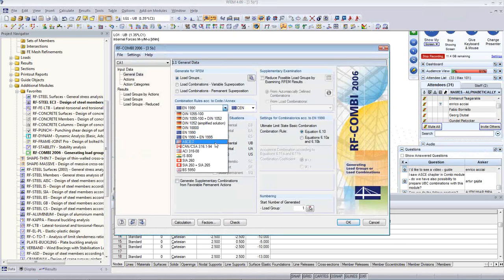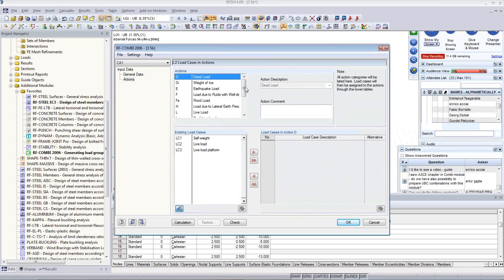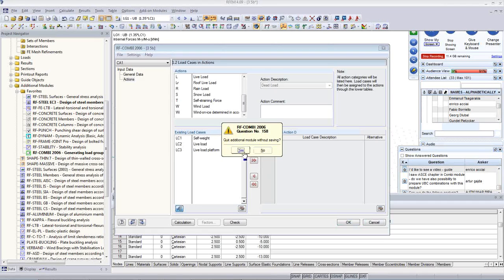And here you can use the AISC 7 combination rules that are mostly the basis of all the AISC design, and things change then, and you have different actions as they are in this code. And if you should not really be able to use this specific code, what you always can do is you can create your own